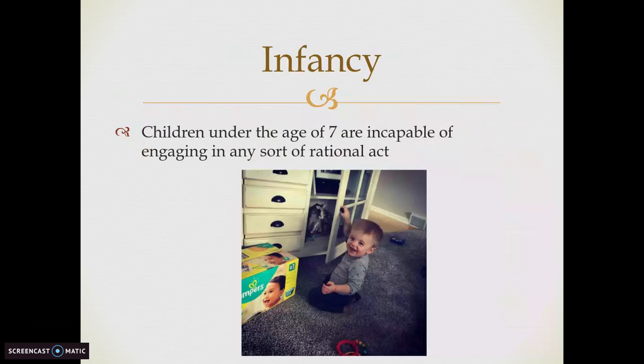Now, the key part to this is even though maybe somebody under the age of 7 commits a crime, the 7-year-old may not be held criminally. The person who is in charge, either a parent or guardian, could be held criminally liable. For example, if a 6-year-old stole a car and went joyriding and hit somebody else and killed somebody else, the parent or guardian could be held criminally liable for that criminal murder.